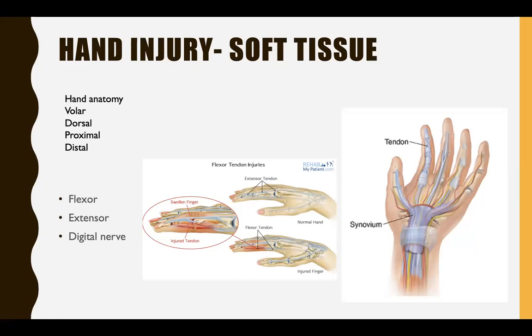I first wanted to talk you through these vocabulary because this is the sort of words we use all the time. And if you don't know what these mean, or if you don't know how to use these words, you won't be able to communicate with a plastic surgeon very well. So volar is the palm side, dorsal is the back side, proximal is closest to the heart, and distal is